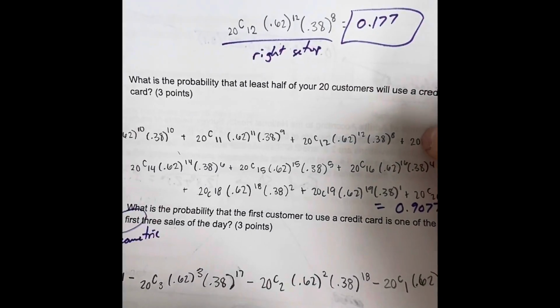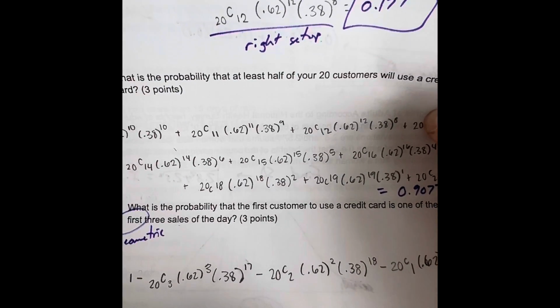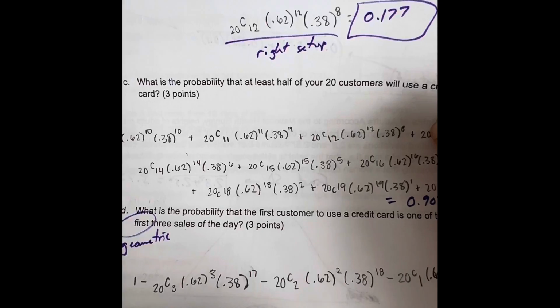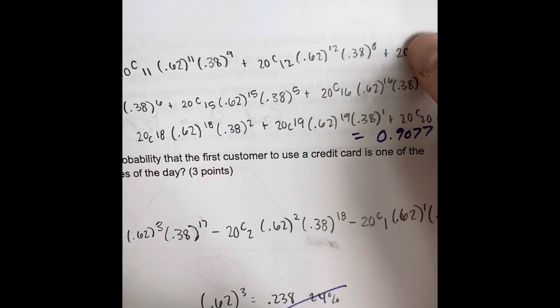So for 23B, you can see here I had the exact right setup. I just didn't plug it into my calculator because I didn't know how to do the combinations then, but I know how to do that now. And so you just plug that in and you'll get your answer. So that's 23B. 23C,